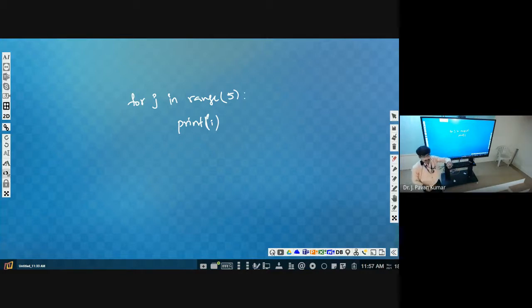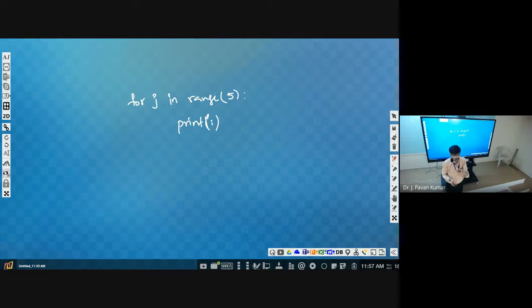What is the value of I in the first row? 1. What is the value of I in the second row? 2. Like that, I value should vary from 1 to the given number, isn't it? Why? Because how many rows we have to display, that we are taking as the input.